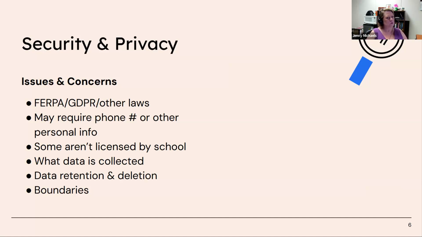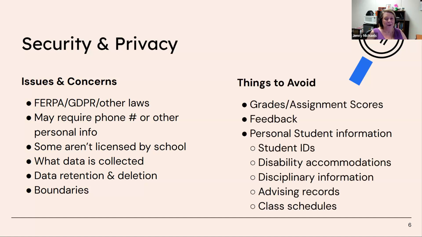There's also, at some schools, rules about data retention and deletion, what happens to that data, and also boundaries. You can think about it: you have that phone, and all of a sudden you're always available. So you have to figure out what works for you. And also student boundaries. When we were having our talk about the Zoom chat, one of the teachers said she used WhatsApp with one of her classes, and the students kind of forgot she was there and started complaining about her. And she had to send a message saying, this is the class chat.